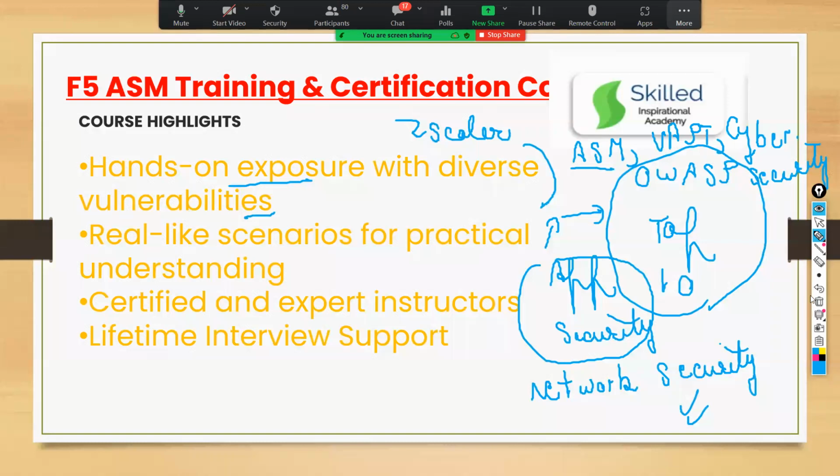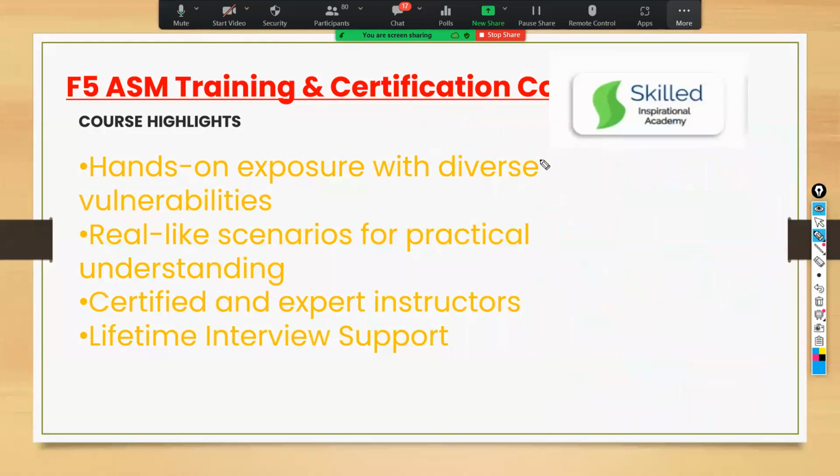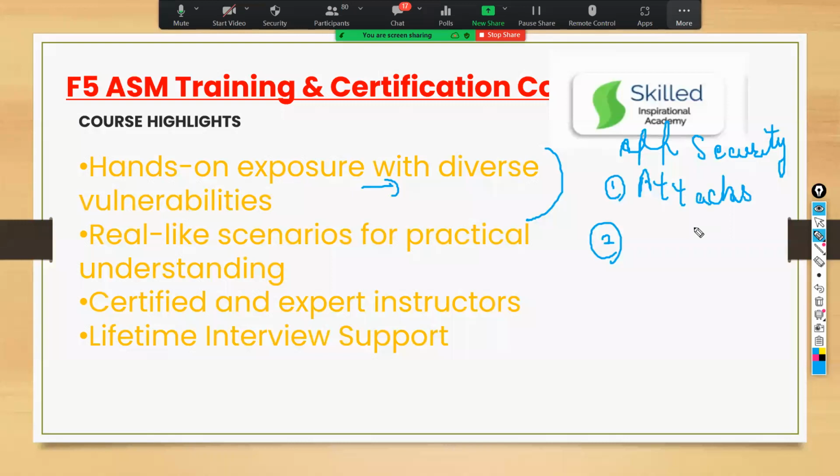So that is why we will discuss all the things. When I talk about application security or ASM, you require two things. One, how you will perform attacks, you should know that, and how you protect against it. If you know these terms, you are good.